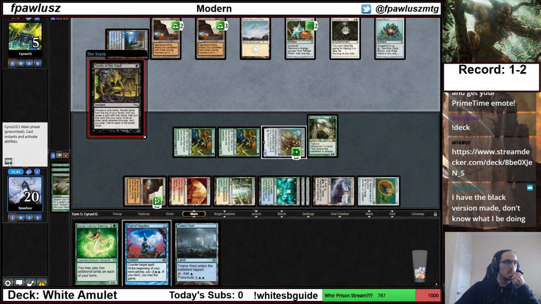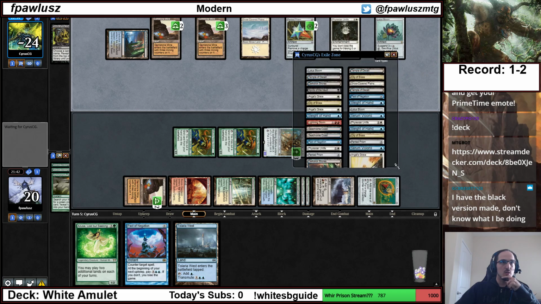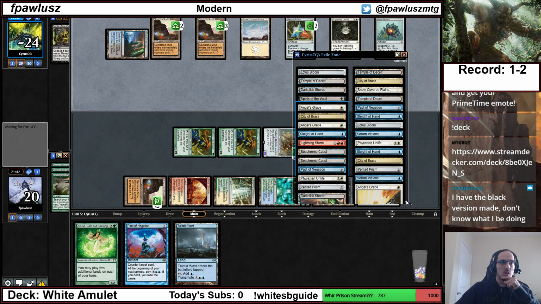I feel like we'll let this go, because whether they name Pact of Negation or they name Ad Nauseam, it doesn't matter. They named Ad Nauseam. Damn, they exiled 29 cards. Is this real? They exiled 29 cards, including Lightning Storm. So I guess now they only have the...